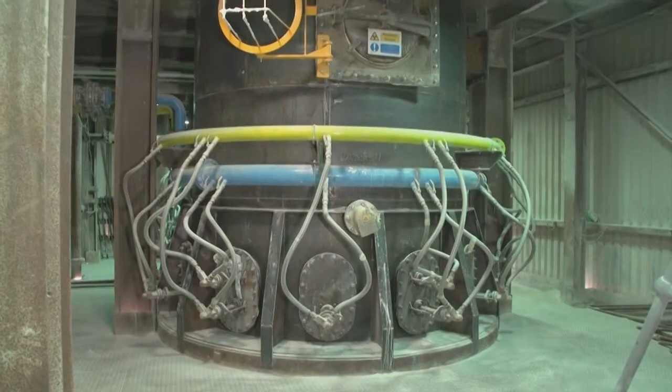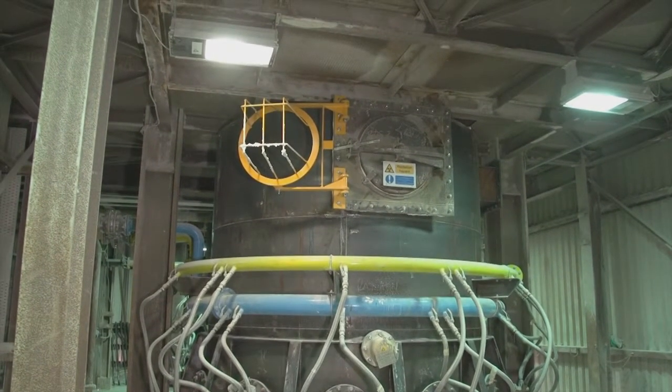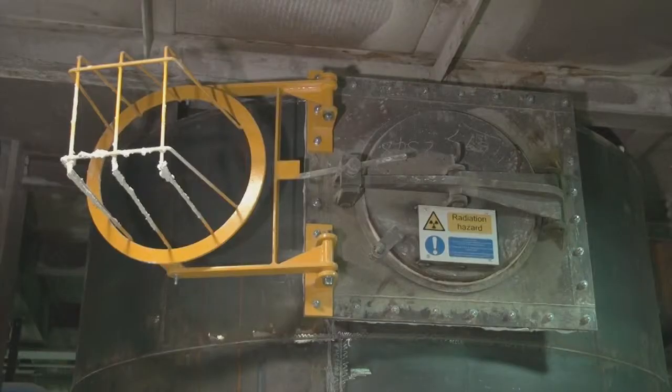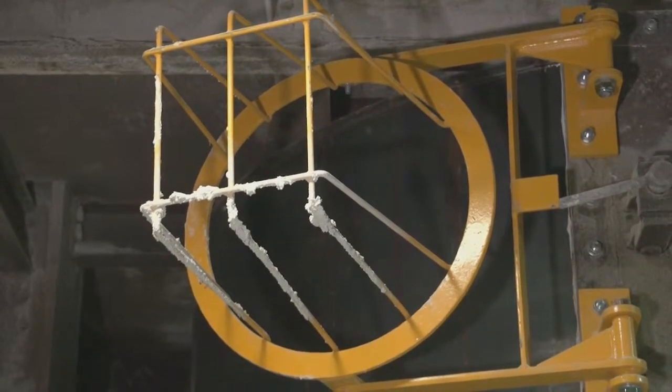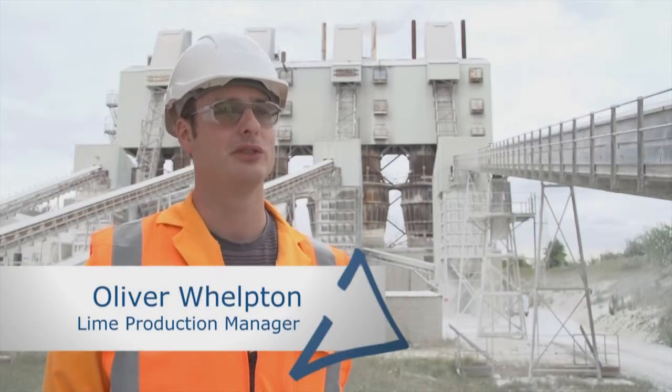The need to ensure safe occasional inspections of vertical Mertz lime kilns prompted action from Singleton Birch. The act of leaning into the kiln exposes operators and maintenance teams to the risk of losing balance and falling into the vessel. A brainstorm produced the idea of fitting a hinged protective cage into the kiln door. What we've actually done on the kilns in order to mitigate the fall risk is to install safety cages